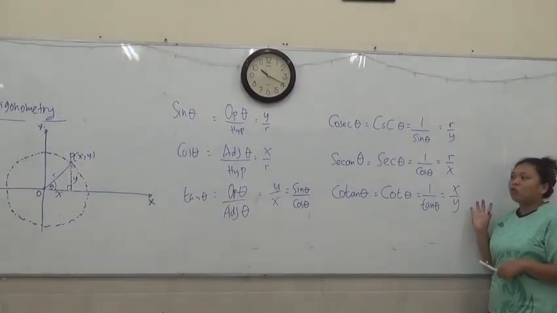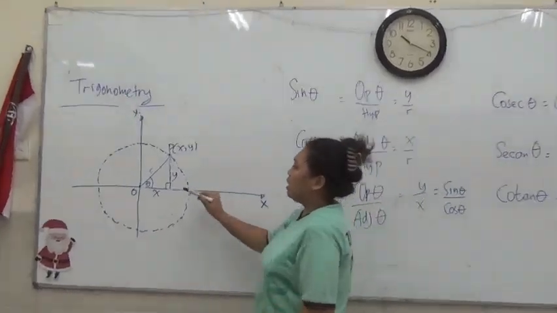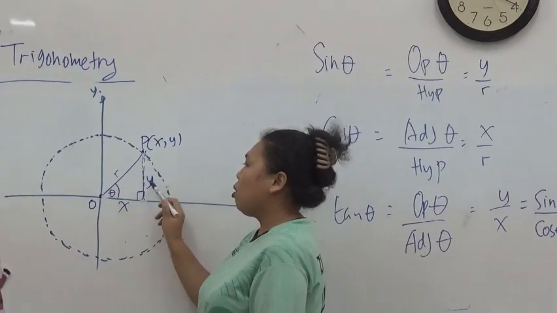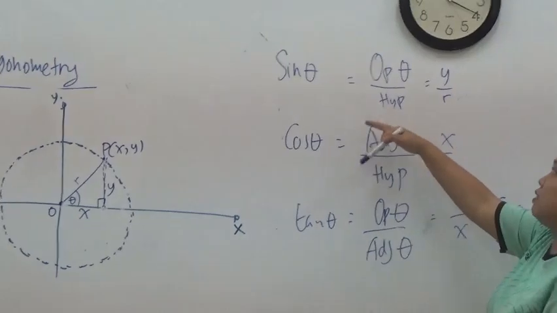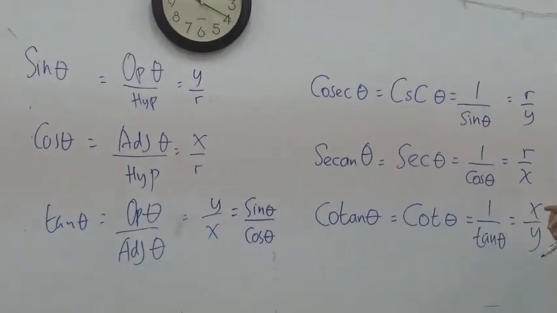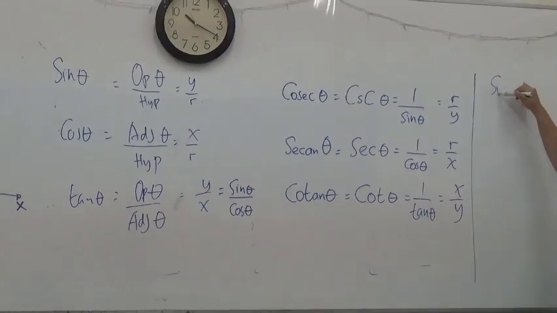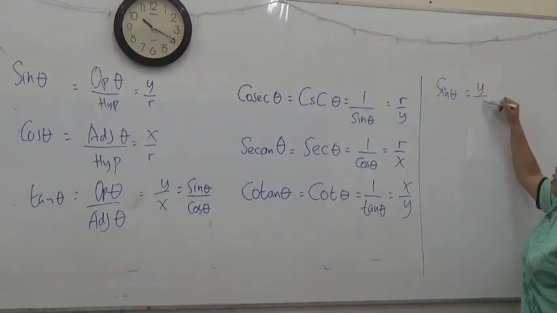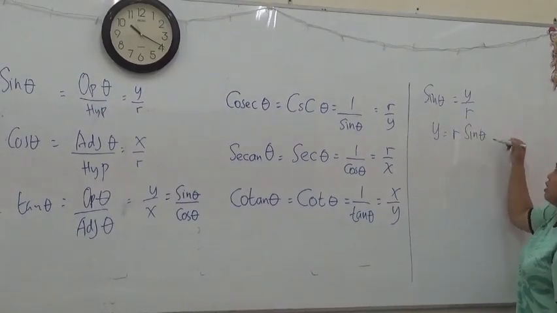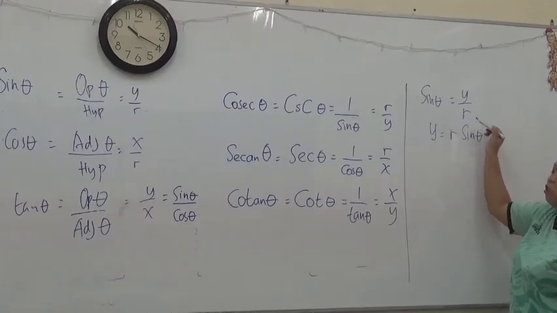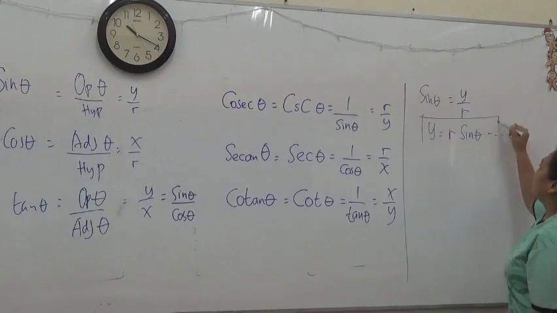Now we can go back to the right angle triangle. The hypotenuse is r, the opposite of theta is y, and the adjacent of theta is x. And then we already collected sin theta equals y over r. So now, using the main 3 formulas, sin theta equals y divided by r. So now you will have y equals r times sin theta. Okay? Because you do cross multiplication. And you label this as the first equation.